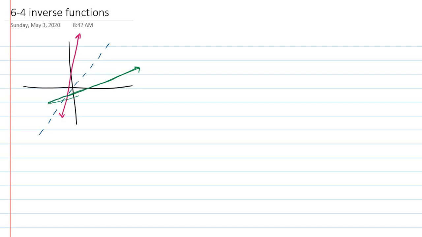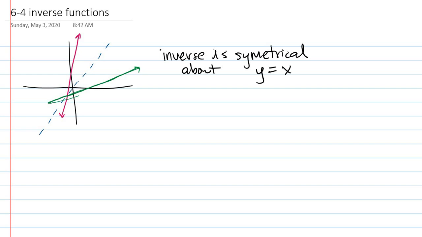So if you folded the coordinate plane across that blue dotted line, you should see that the pink line and the green line line up to each other. So they are inverses. Inverses are symmetrical about the line y equals x. What that basically means is that for inverses, they flip-flop their x and y